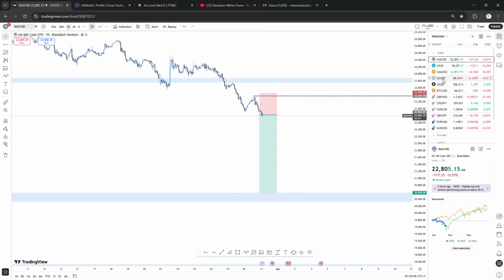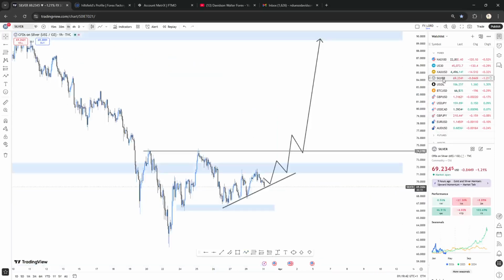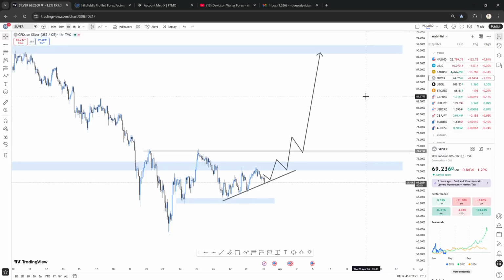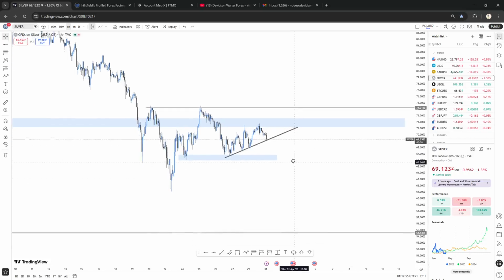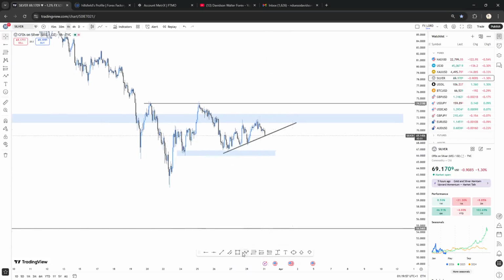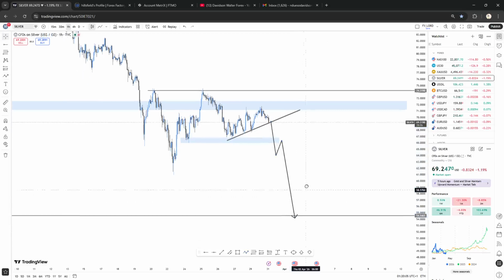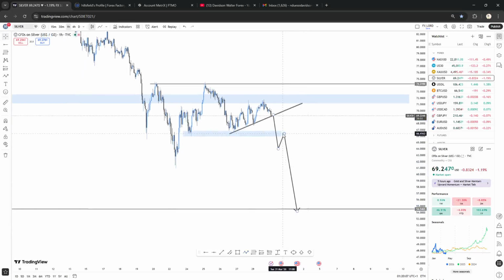All right. So same way, what I'm looking out for on silver is pretty clear. This is my outlook on silver. I already marked this one last night. If silver is going to fall, then I need it to fall below this level, do a correction and a continuation, and I'm going to short silver. But if this does not happen, I'm not shorting silver.